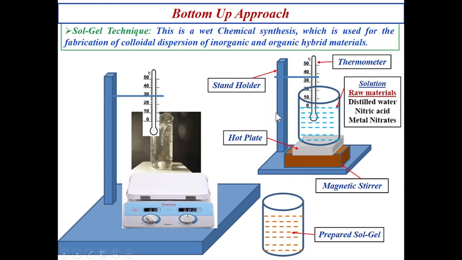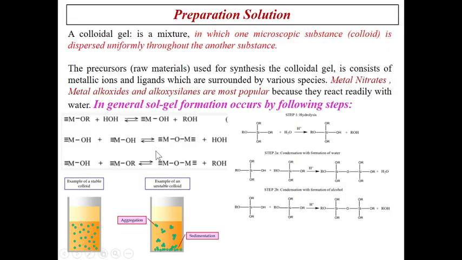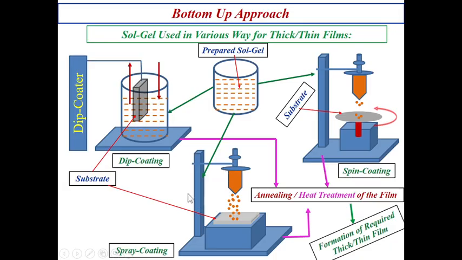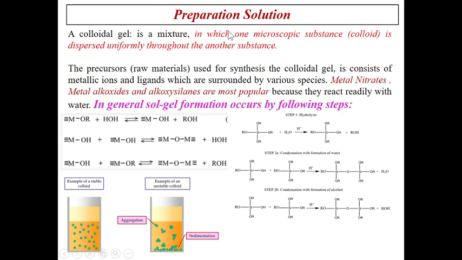so after some time all the precursors or raw materials are mixed homogeneously and form a sol gel. Sol gel means solution in gel format. This is your prepared sol gel. Now this prepared sol gel is going to be used to form nanostructures by dip coating, by spin coating, by spray coating, that we are going to discuss. So here is the preparation of the solution in detail,